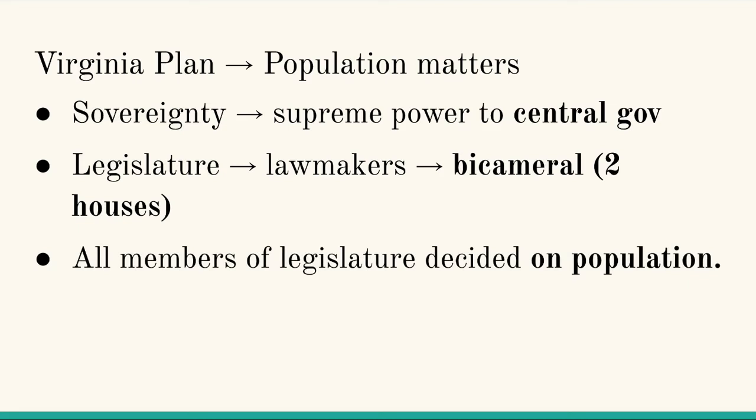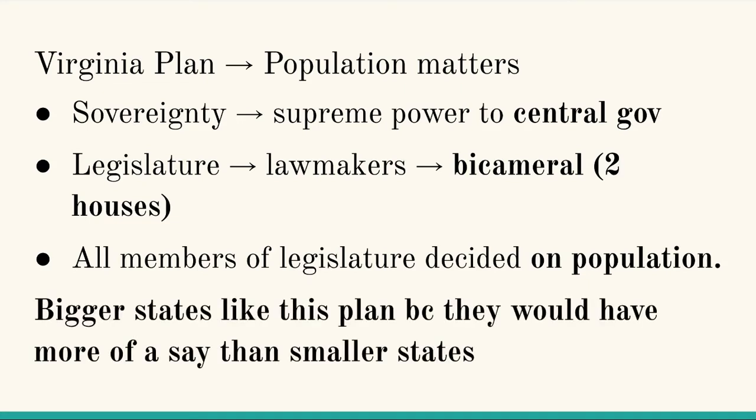All members of the legislature, regardless of which part of the Congress you go to, would be picked based off your state's population. Everybody who is a citizen living in that state. Bigger states, in terms of population, not land size, population, really like this plan because if they have a bigger population, they're automatically getting more votes in Congress. That means issues they support are more likely to pass through Congress. They're going to get the laws they want.